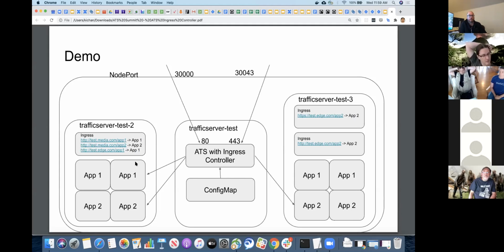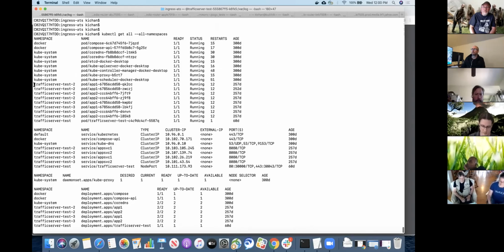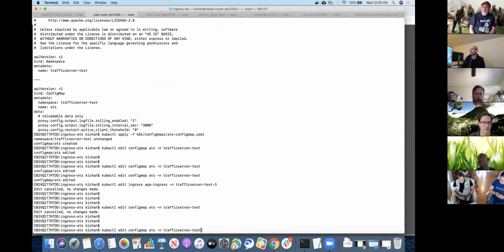You can set up multiple namespaces, and you can put different pods and ingress objects into the namespaces. This is a diagram of what the README example is going to set up. We're going to go into this a little bit more. Once you finish setting up, you will see different pods of the application up and running. Of course, we also have a pod for putting ATS up too. So one of the things is to look at some of the ingress objects, right? And so you can see,